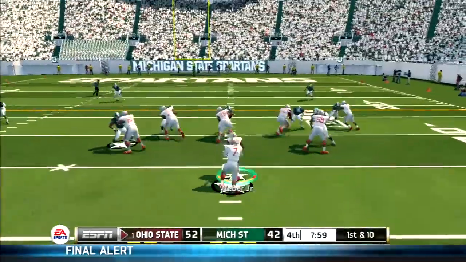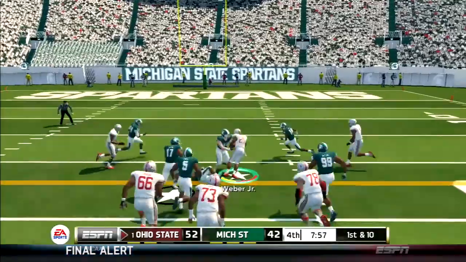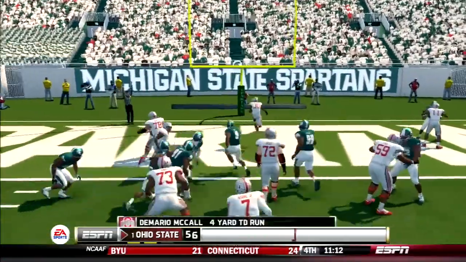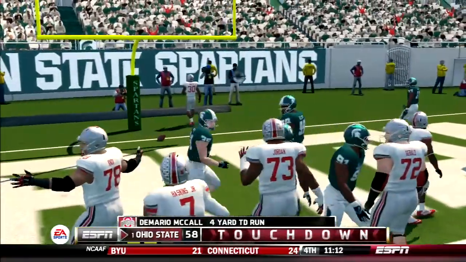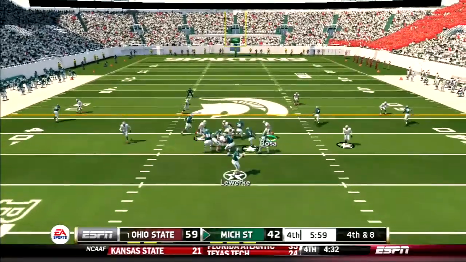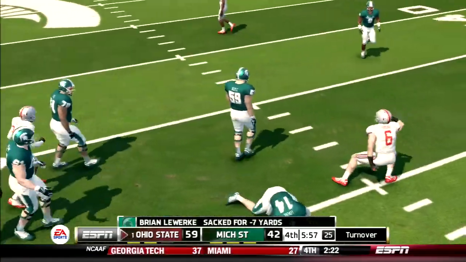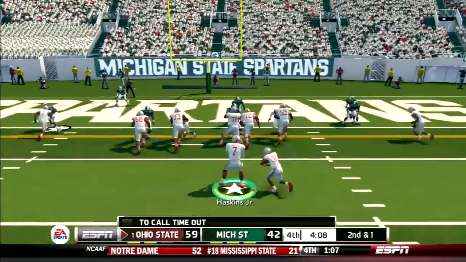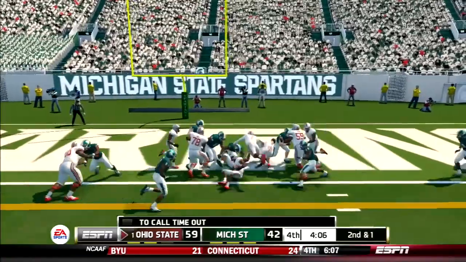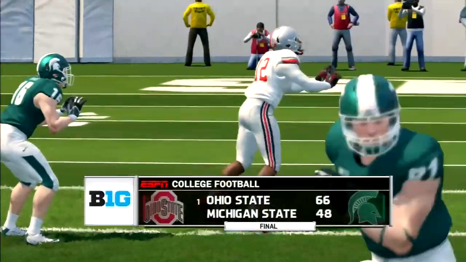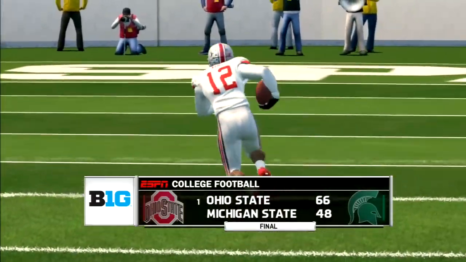After another defensive stand, Mike Weber goes up the middle for 13 yards. Then DeMario McCall gets his 4th touchdown on the day. Buckeyes up 59-42. Spartans go for it on 4th down, but Lewarke is smacked by the captain, Jerome Baker. That would lead to this DeMario McCall run up the middle for his 5th touchdown on the day. Spartans would tack on a late touchdown, but the Buckeyes would win in a shootout,